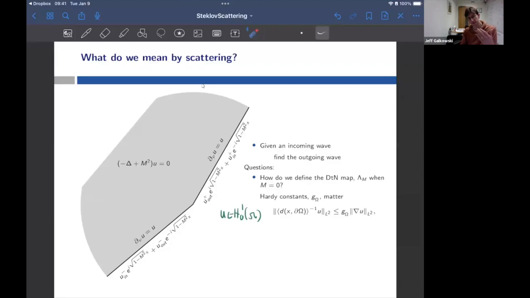So we're going to define the harmonic extension on some weighted L2 based spaces, and that's going to allow us to find a limiting absorption harmonic extension as m goes to 0. Right, so you'll notice, of course, that when m is 0, you're in the spectrum of the Dirichlet-Laplacian, so you've got to do some limiting absorption type argument to get a harmonic extension when m is 0. And okay, you might say, well, why don't I just take the bounded harmonic extension? I mean, this is a thing you can do, but it's not particularly well behaved in a functional